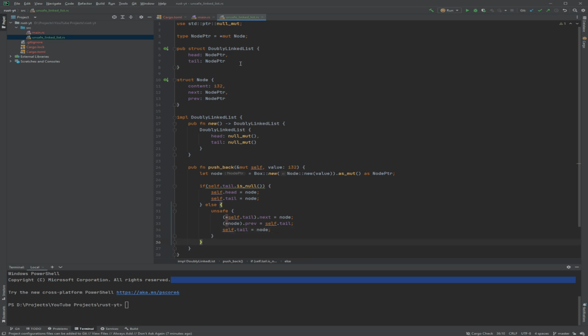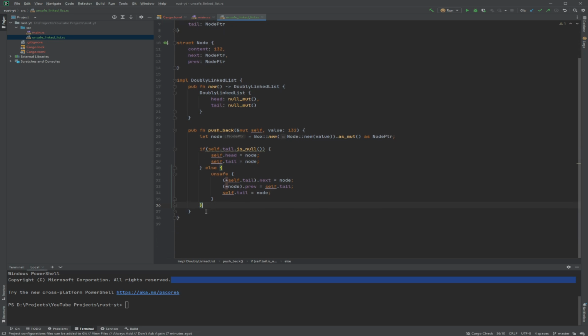Okay, so if you hover over it, it gives you a warning. It's like, you probably don't want to do this because now we're outside of the memory safety features that Rust guarantees us, which is not a good land to be in. So then we just want to print this. Obviously I'm not going to spend time on this, it's going to be too long if I create everything that a linked list does. This is just bare bones.